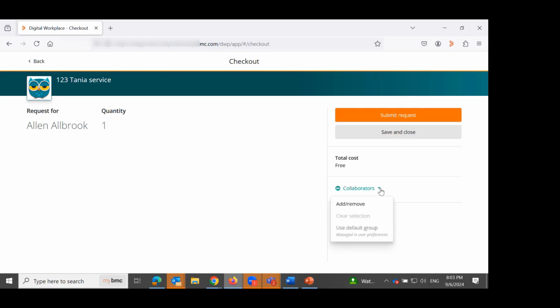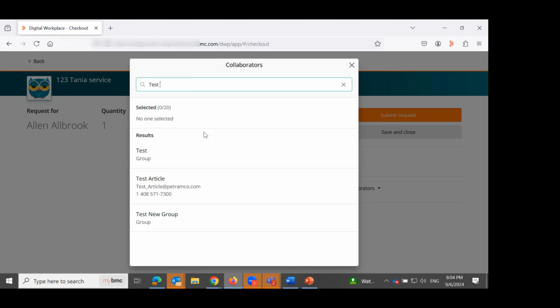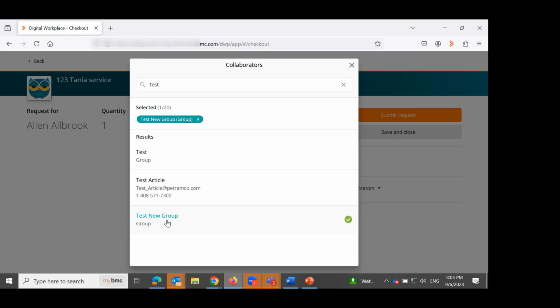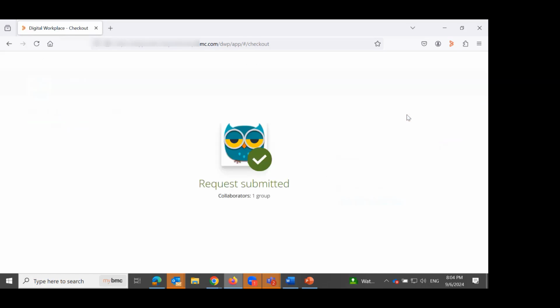As I've mentioned, we can also search the group here. So we see the test new group, which I had created now in the session. This is also visible here. I can add this group directly before submitting the request. So now when I submit the request,